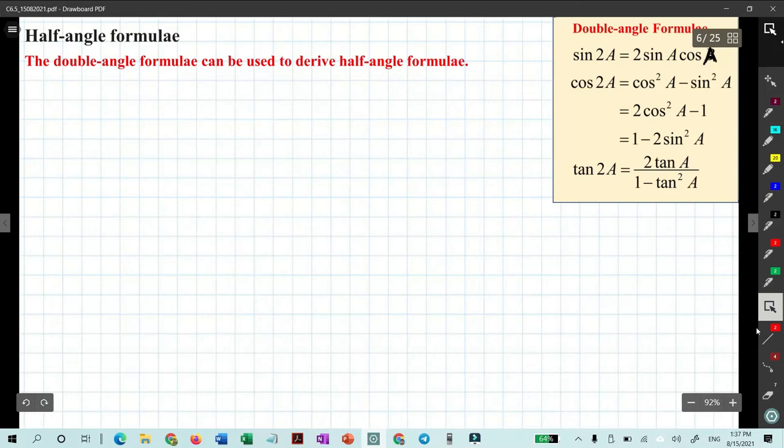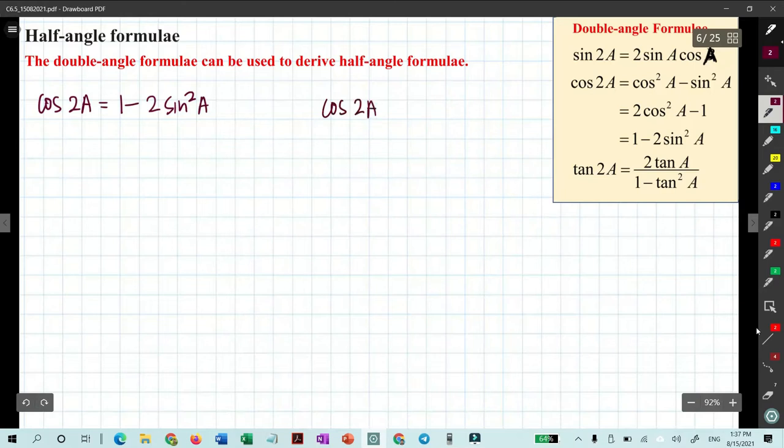So the half angle formulas basically derive from the double angle formula. Cos 2a equals 1 minus 2 sine square a, and the second one is cos 2a equals 2 cos square a minus 1. Okay,